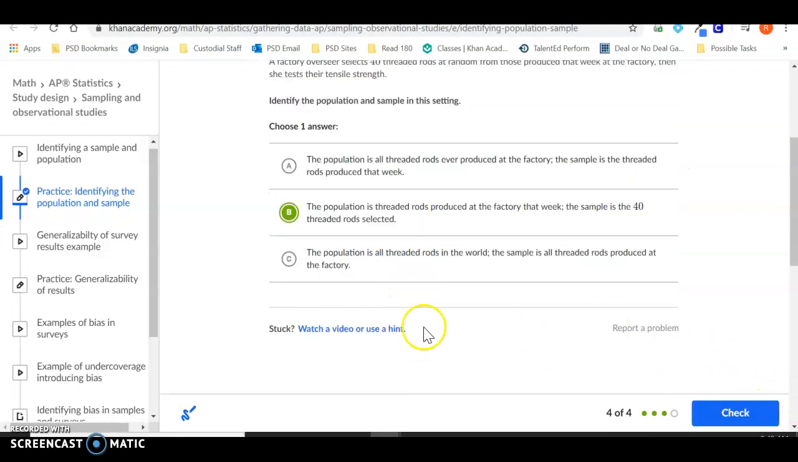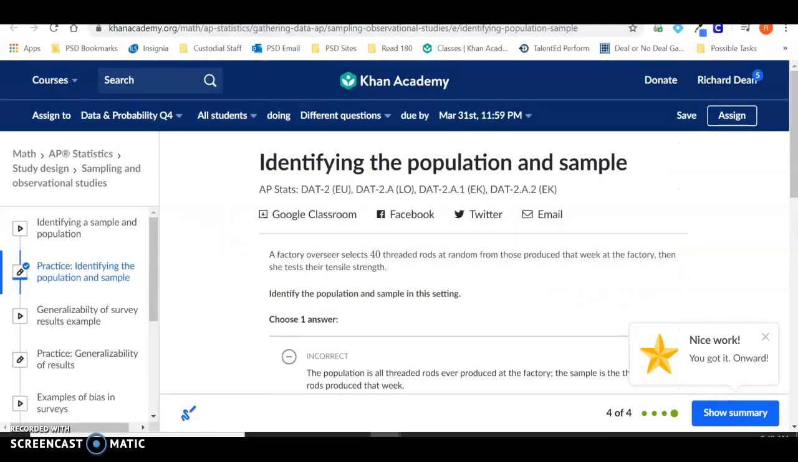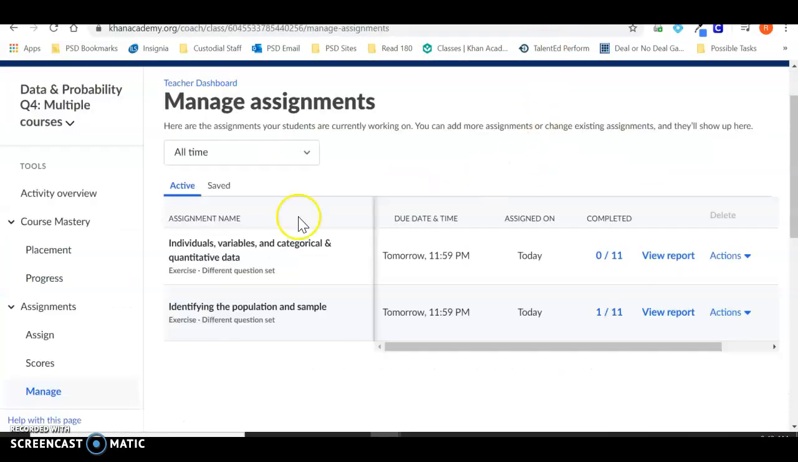If it's not asking for the variable, then you can just hit check. If you're struggling, you can watch a video or get a hint. But I do ask that you get at least a 75% on each of these. So then if I go back and look at what the other one is, individuals, variables,